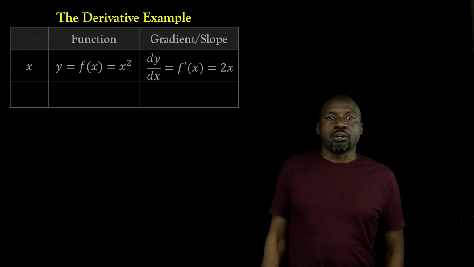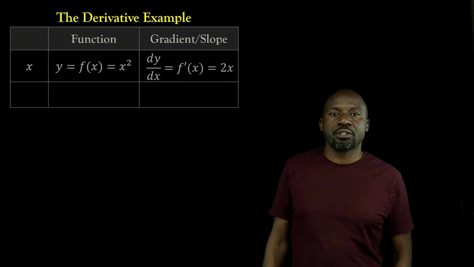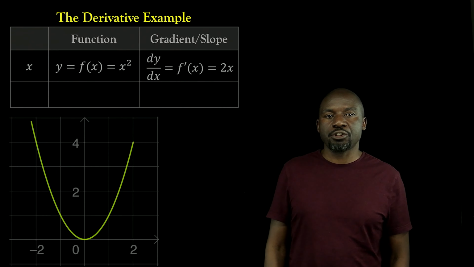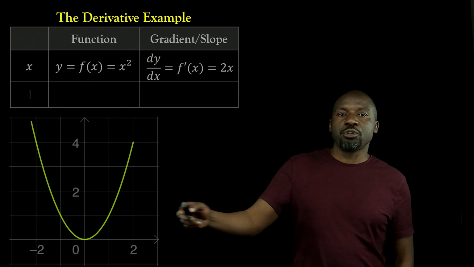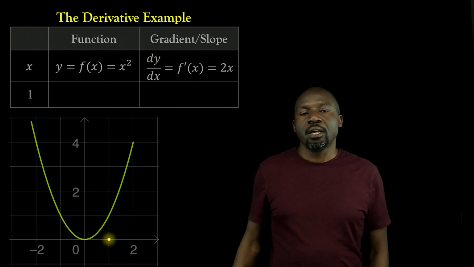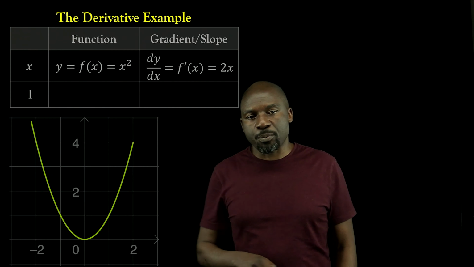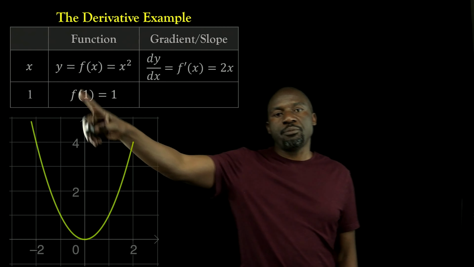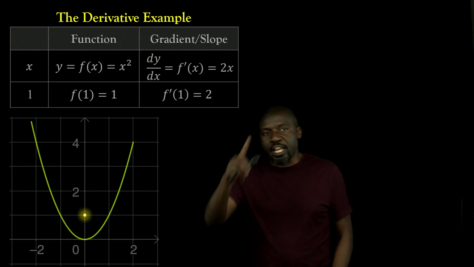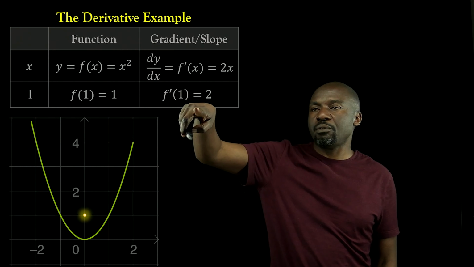All right. So here is an example for what the derivatives are. I've already talked about this, but let's just mention it again. If a function, here is the case of the function y is x squared, and we put in a value of x of 1, then the value of the function, that means the y value, we expect it to be 1, because f of 1 is 1. But if we want to find the gradient,